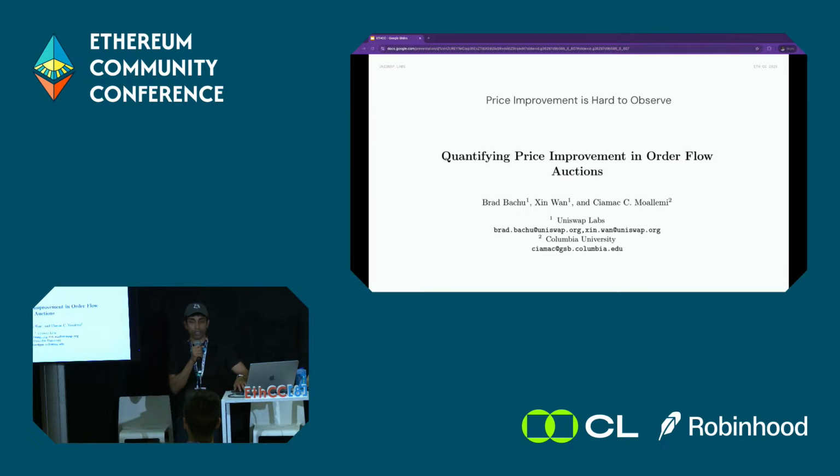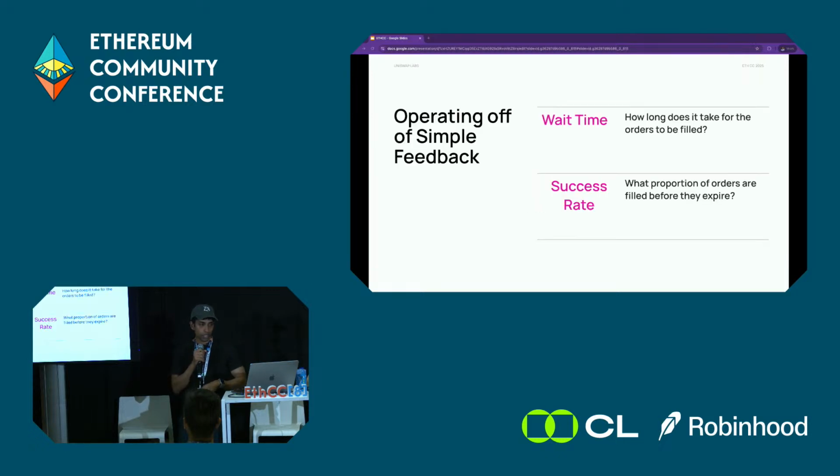So it'd be great if we had a simpler on-chain signal. That's where my claim comes in: we can use two objective truths that are easy to observe. That's the key thing. They're very easy to observe when you run an auction. That is the wait time of your auction. How long did it take for your auction to get filled? And the success rate. Meaning, if you have a repeated set of auctions, how many of them have filled before the expiry time? And these two signals are universally observable on-chain, require no external data feed, and fully capture filler willingness and market volatility.